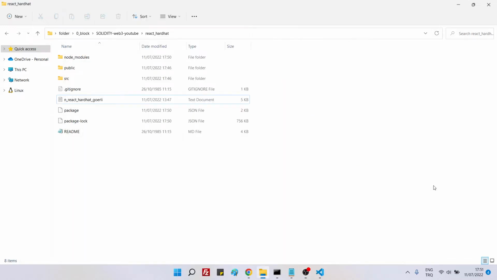Hello everybody, in this video we will be creating a React application and we will connect it to a smart contract. In the last video we have connected our React application to MetaMask, but in this exercise we will connect it to MetaMask plus to a smart contract, and we will also read data from this smart contract and we will display that data on the